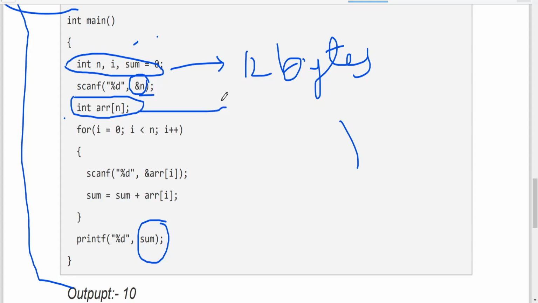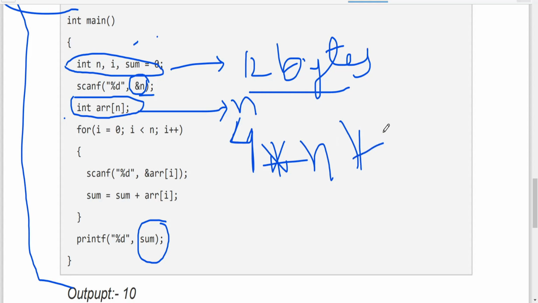So the array is n, and the variables are 12 bytes. So we can say n means 4 into n. Why 4? Because it is the size of one variable. The size of one integer depends on the compiler, but we are considering the size of one variable as 4. So 4 into n plus 12.